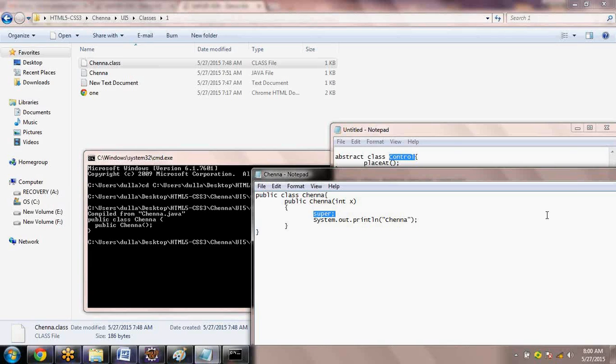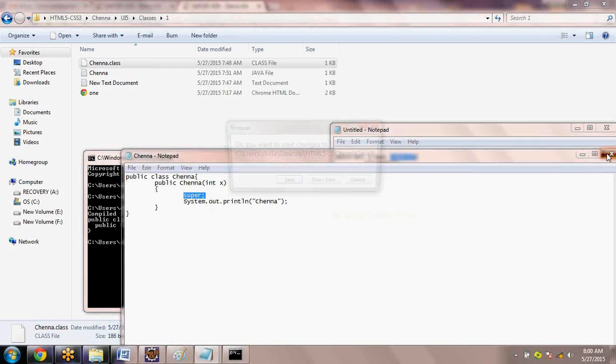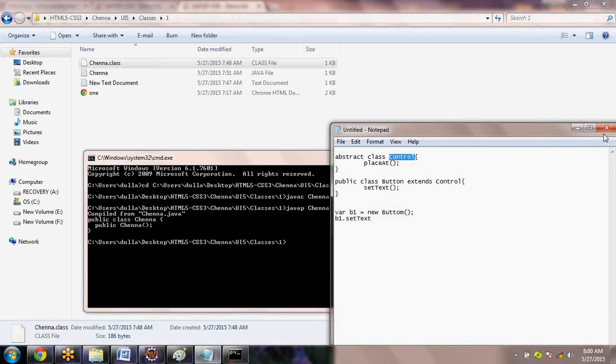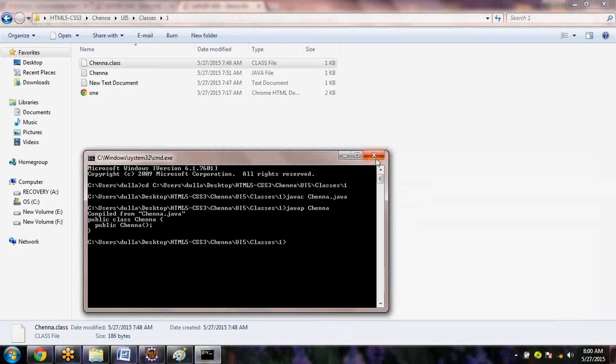So that's the meaning of super. Let's not spend time on that. If you understand, that's fine. If you don't understand, that's also fine. Just remember that in UI5,